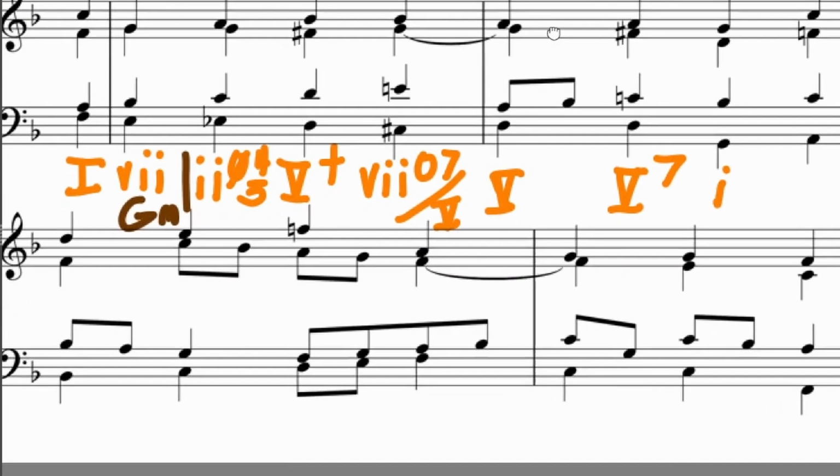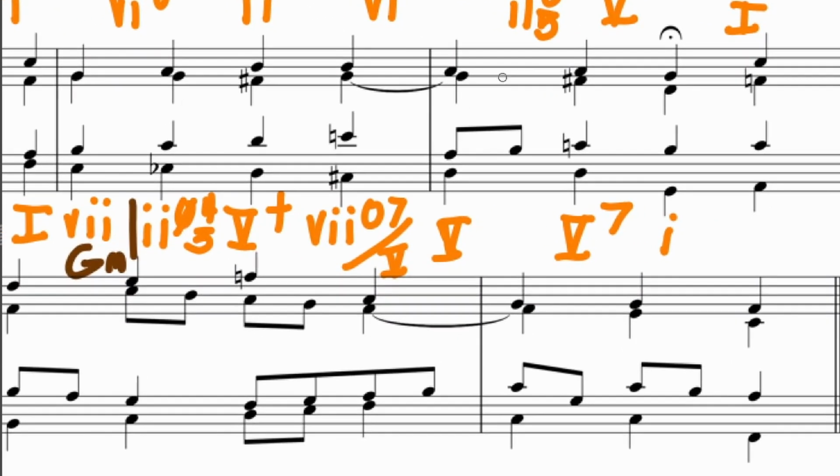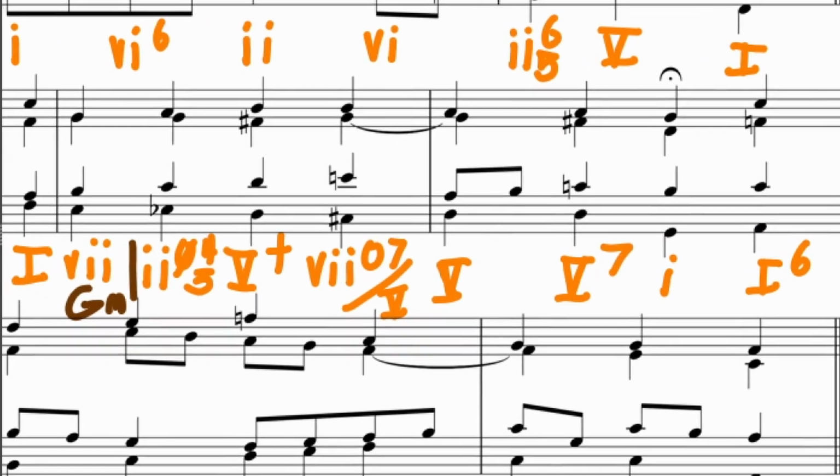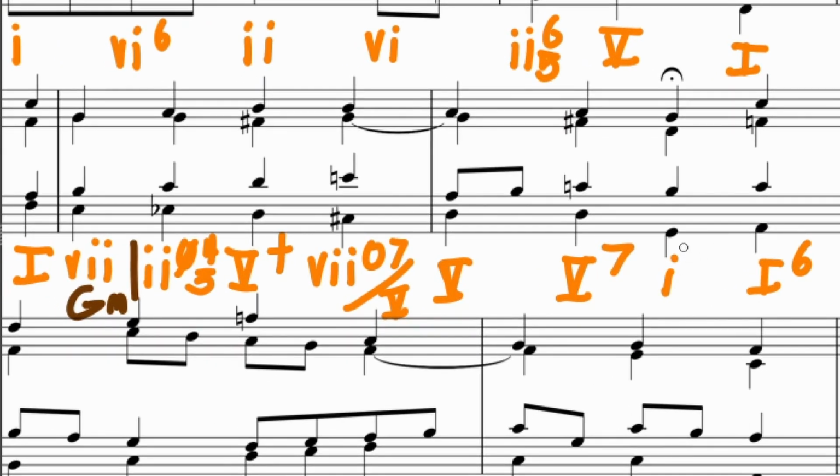Okay, so now we're getting close to the end. I'm gonna go ahead and mark this as 1. Gotta change colors back. 1. Okay, so we have, this looks very much like F major. So 1, 6, but we have to get back into F major somewhere, so